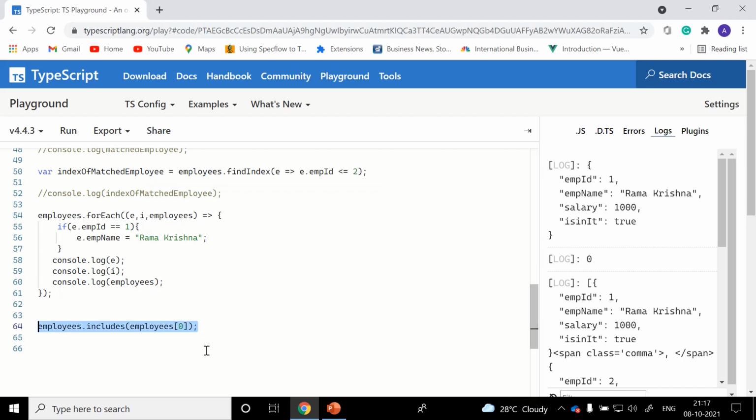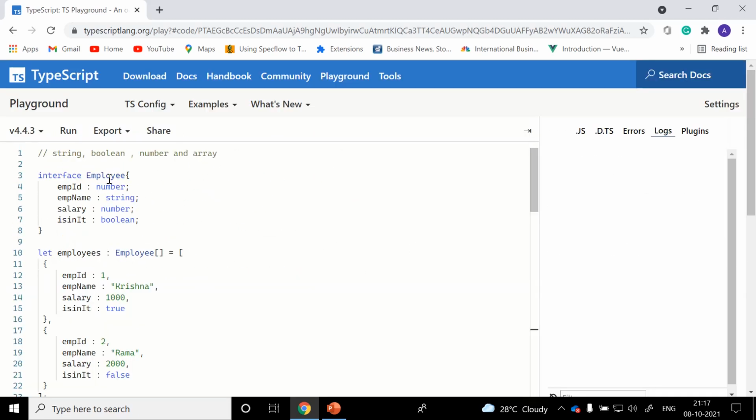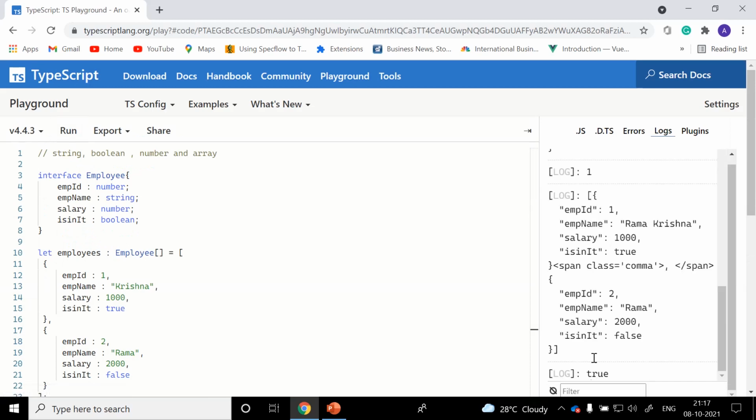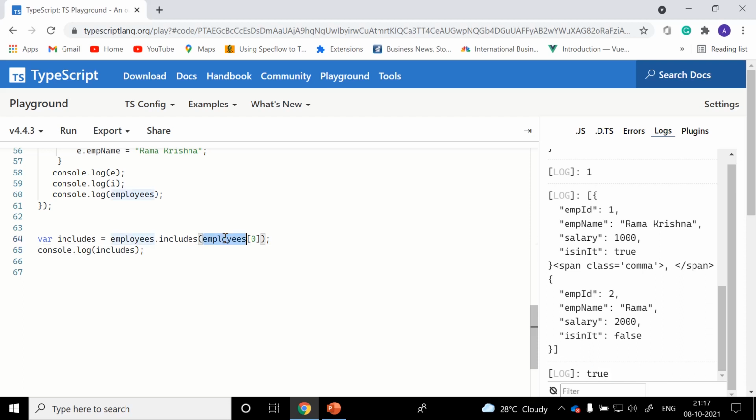It returns true if it includes it, and false if it does not include it. Okay, clear this and run it back. If you see, it returned true because we know the element is part of this. That's the advantage of includes.